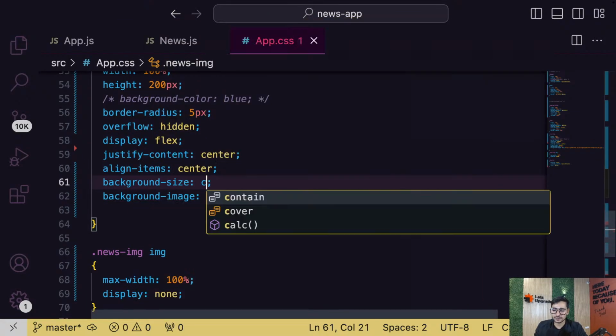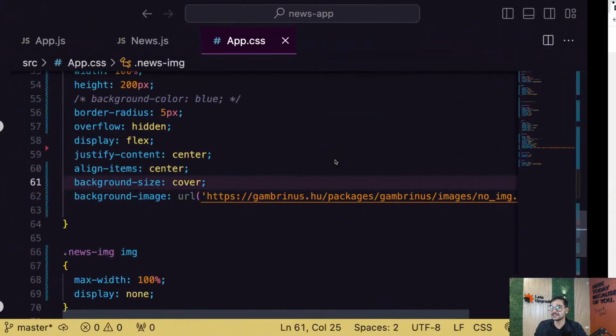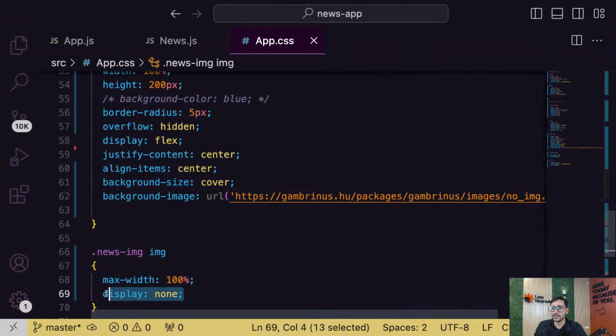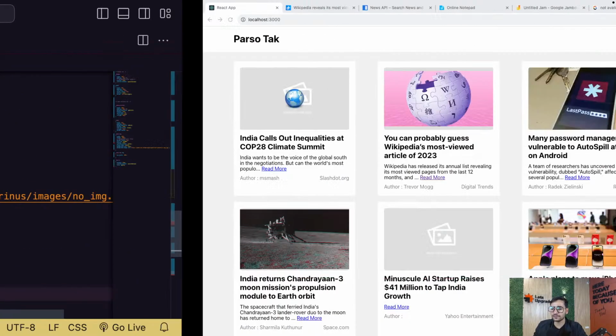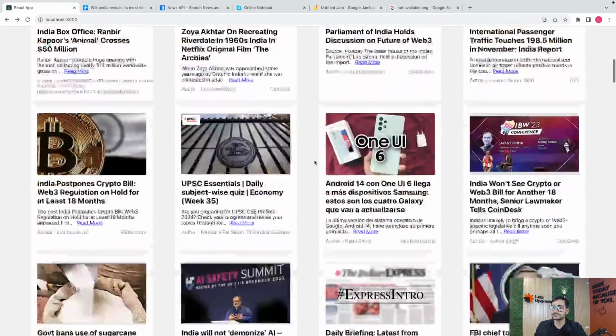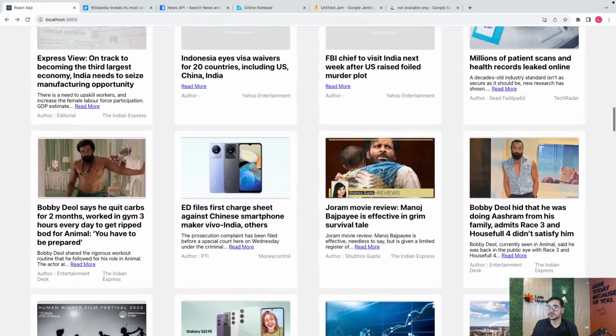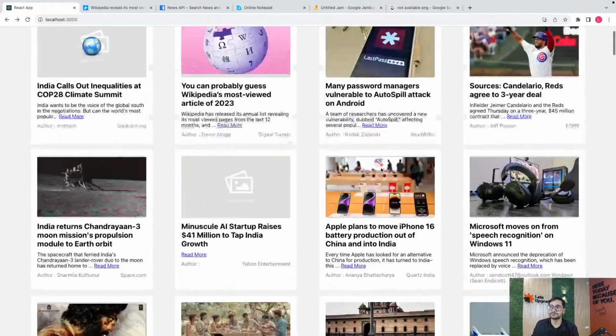Background size. Because I don't want to write the if and else logic, I think this should work. All good, nice. It was big actually. And now if the image is not available, see guys, you'll get this option. See that, everyone? Nice, good enough. So just have a background image, that's it. If the image is there, it will come on top of that. If it is not there, then you will see the background image. Okay, simple idea, simple logic. So image not available, that's it.